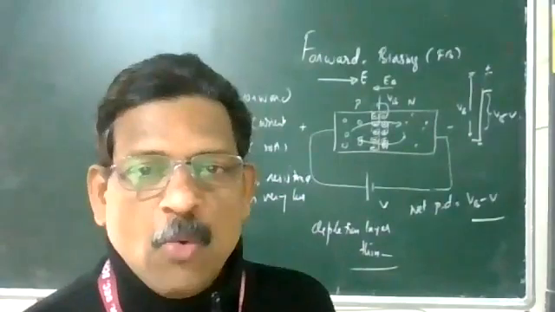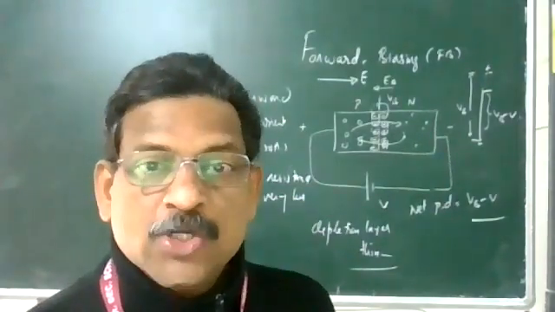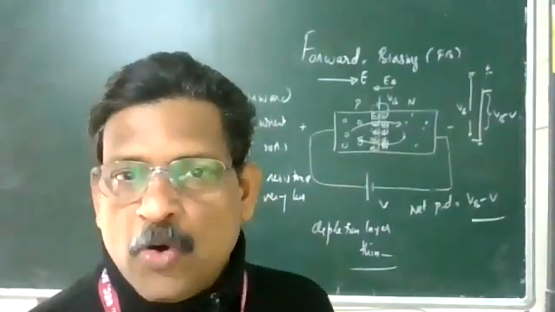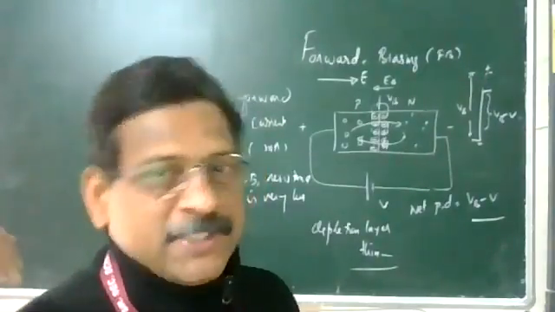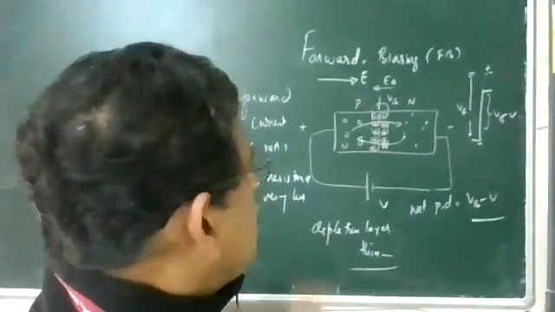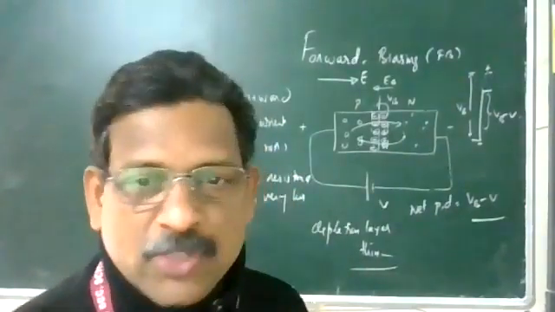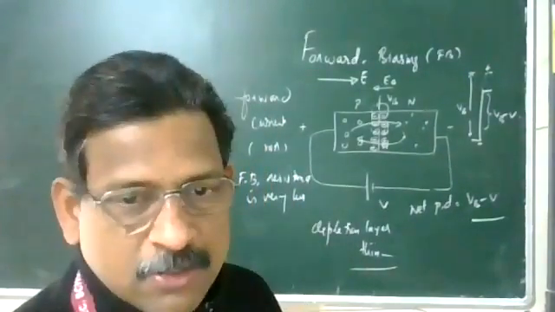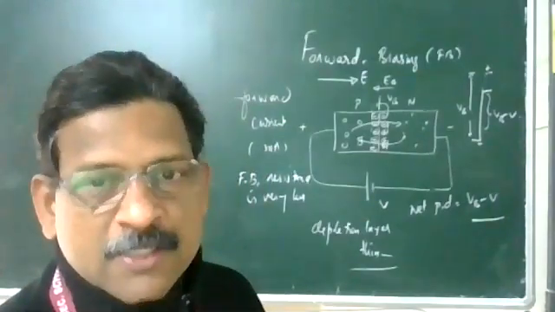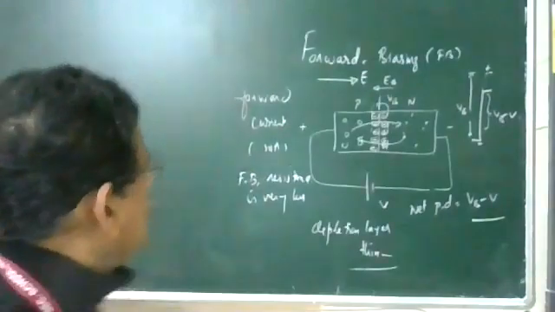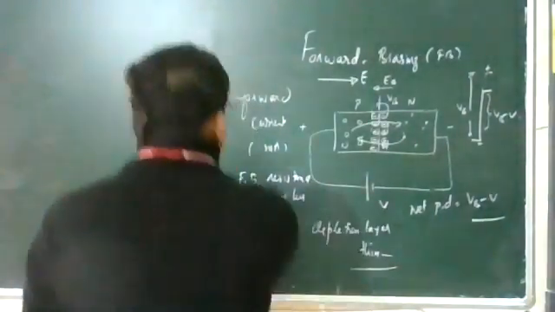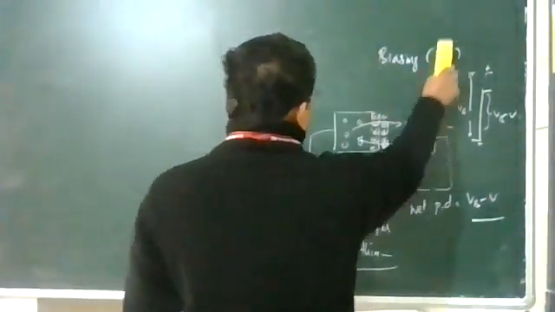Next point, what is happening during reverse biasing? So remember, for forward biasing, the majority carriers are happy, always the majority must be happy. So majority carriers are happy, so they cross the junction to produce a good current under this electric field. Next is reverse biasing. What are the things that happen?